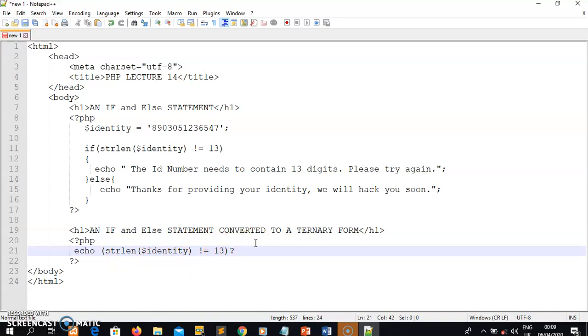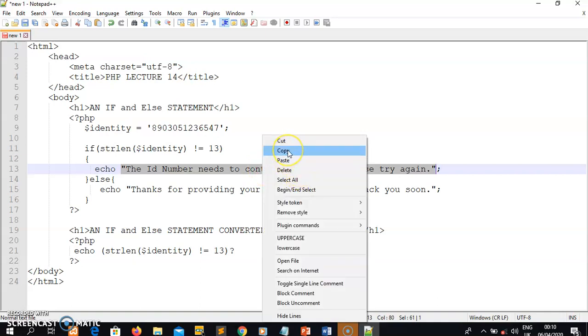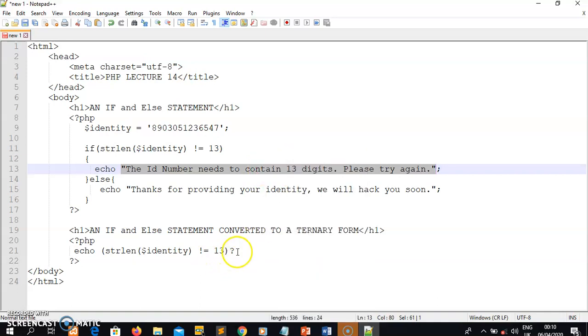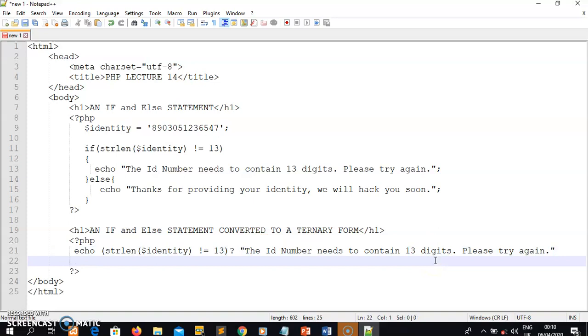Then after the question mark, you put a statement that you want to be displayed when this condition is true. The statement that I want to be displayed is simply this statement saying the ID number needs to contain 13 digits. So this is the statement that I need to be executed if the condition is true. Let me just copy it, then paste it in front here. Paste it. Then after that, you put a semicolon,